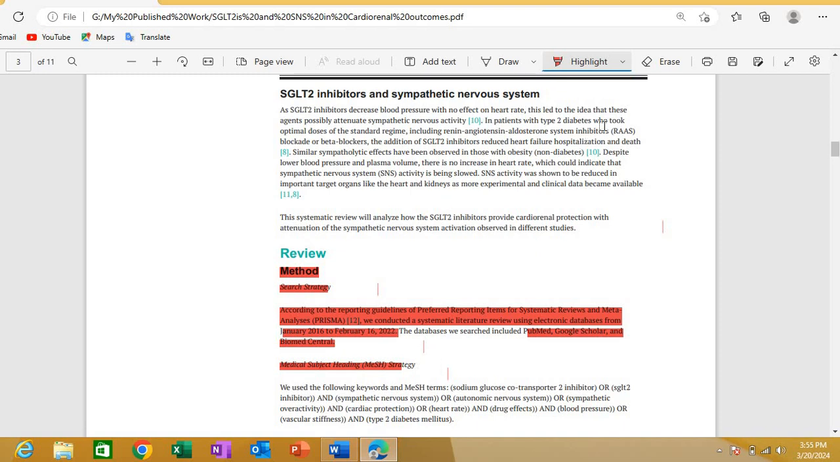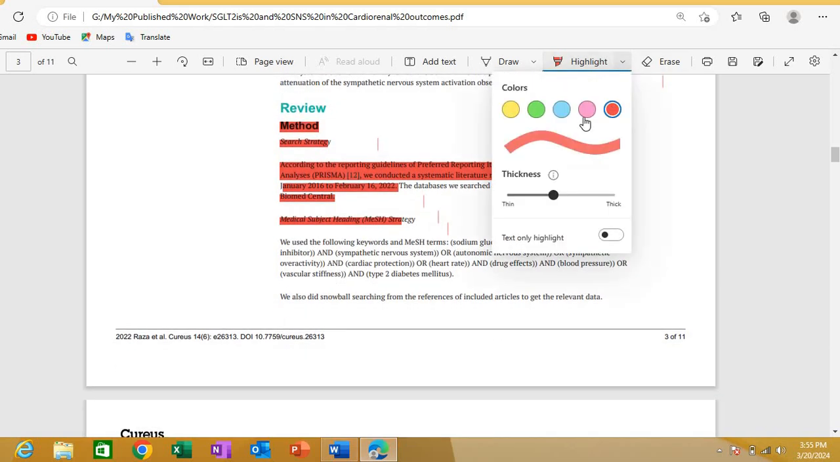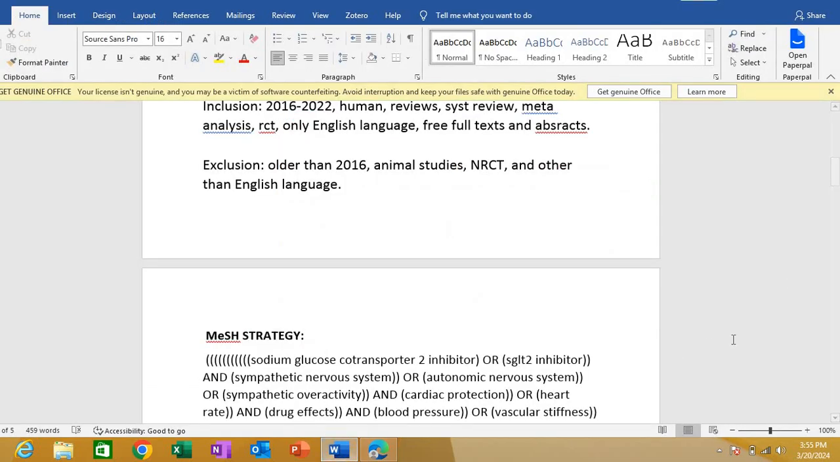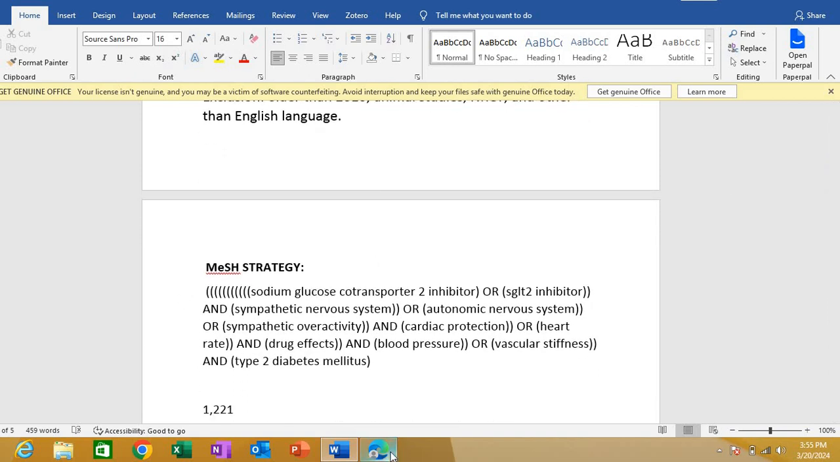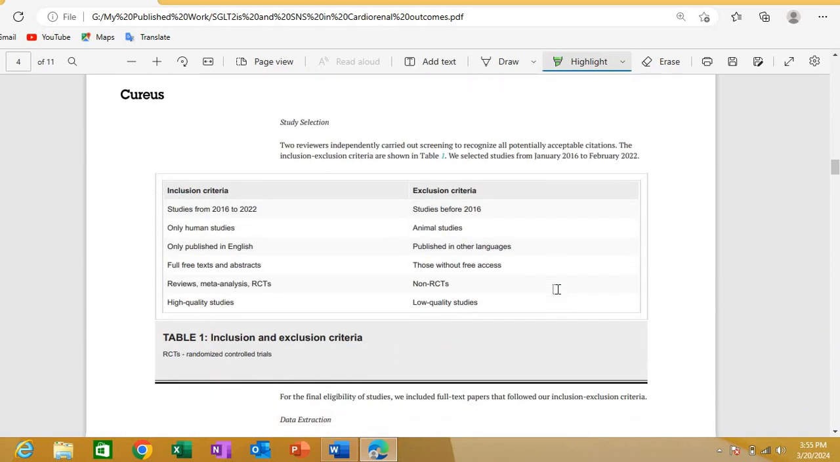Then what I have done is giving my MeSH strategy. So here I have mentioned my MeSH strategy. Let me change some color. Okay, some cool color. Okay, so here my MeSH strategy. See, I've just copy pasted my MeSH strategy from this Word document. This was my MeSH strategy, and I've just copy pasted it to report it in the paper. And then what I did, that we also did a snowball searching from references of blah blah blah and whatever it was there. See the study selection, I've written that